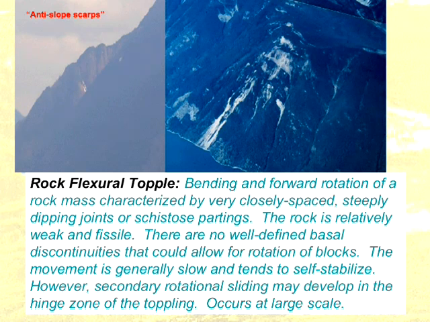You can clearly see the occurrence of toppling on this ridge by looking at these anti-slope scarps here. So these layers are rotating forward, but in a slow manner. And sometimes